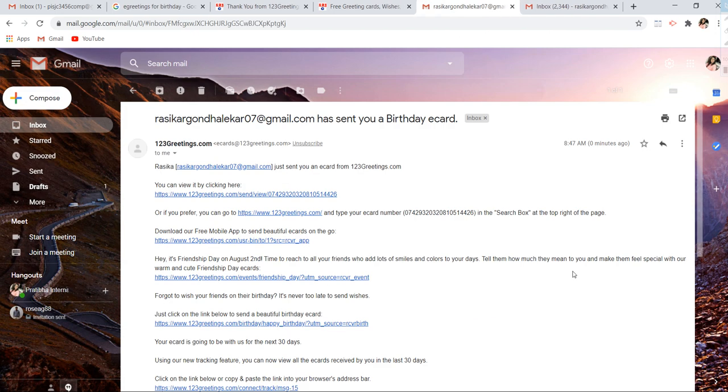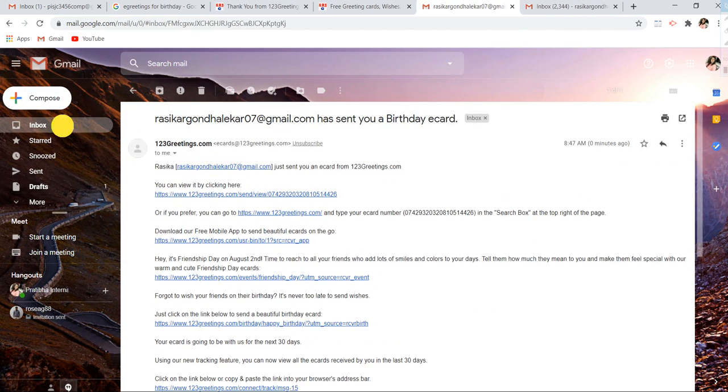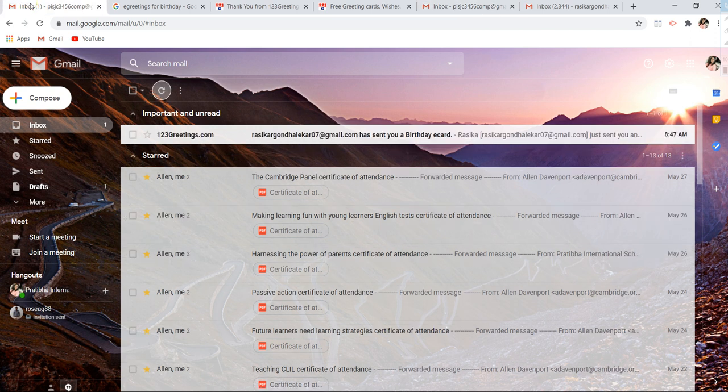So this way you can create your own cards, and send them to your friends. There were many cards which I have received, but one more thing I wanted to remind you, students, you don't just have to send the cards, you have to copy that card, download that card, and keep it in your drive.